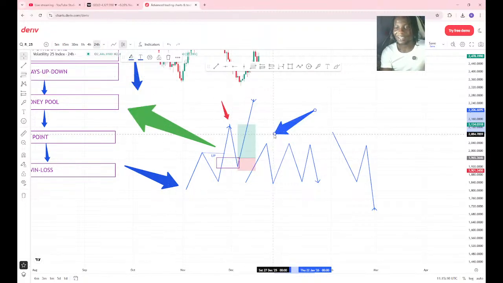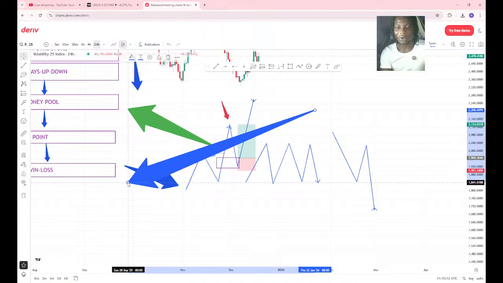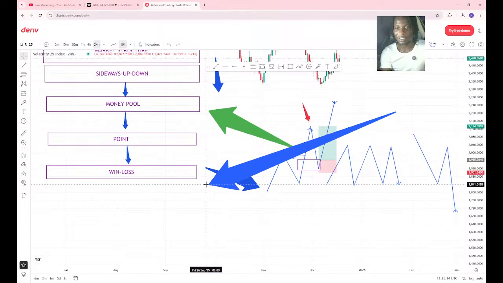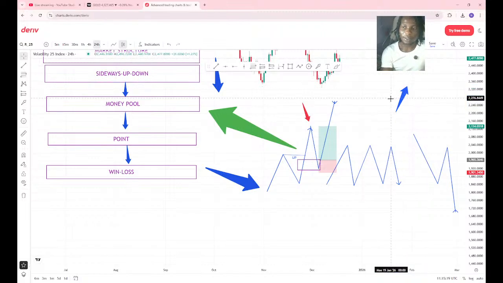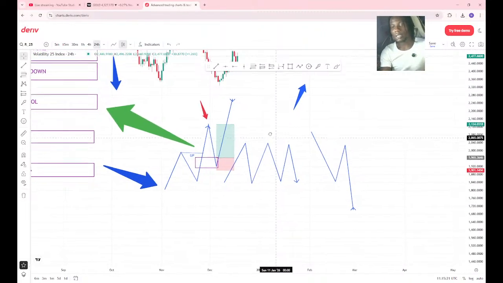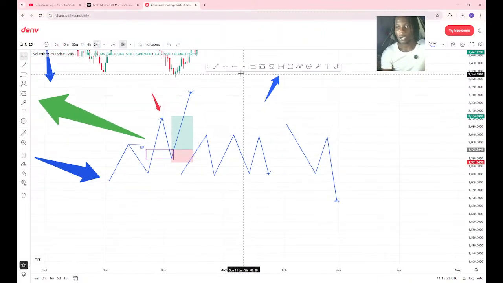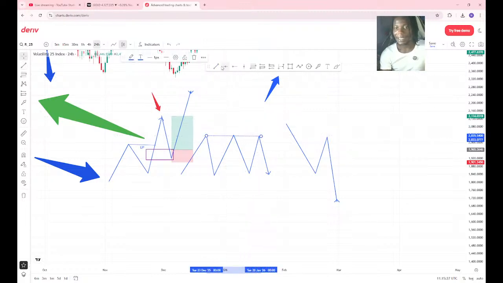So now you ask yourself, is it either a win or a loss? I think I need to draw this out. So is it either a win or a loss? All right, now let's move over to the next, which will say we have the range. What will you classify the range as? If its price does not move either direction.